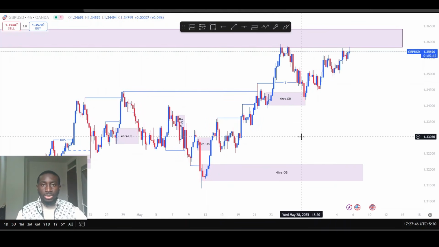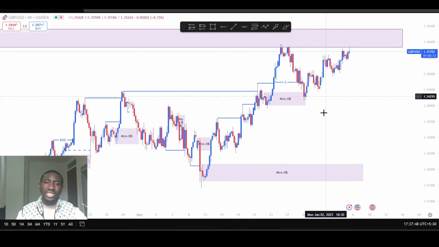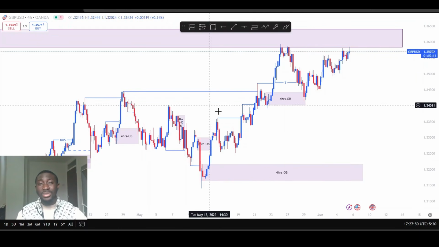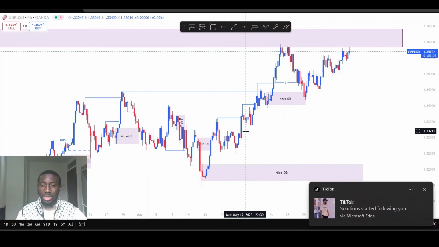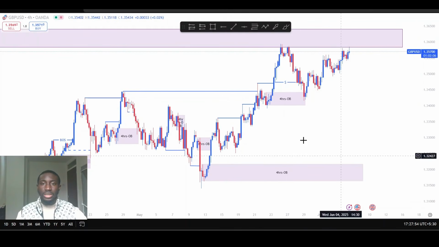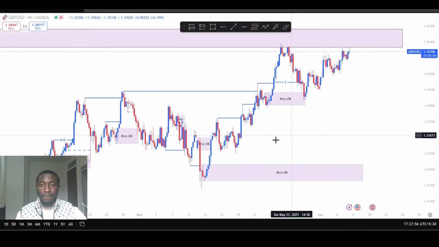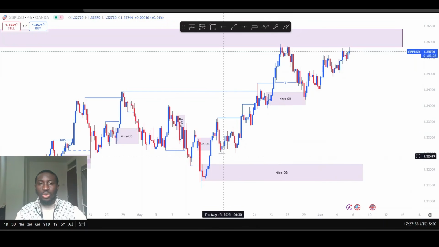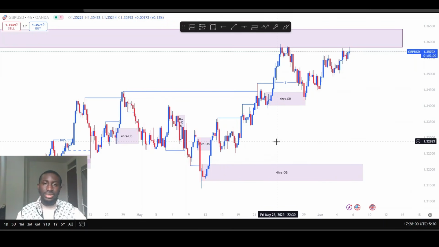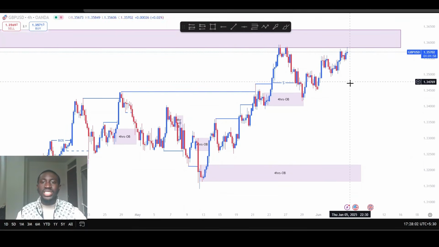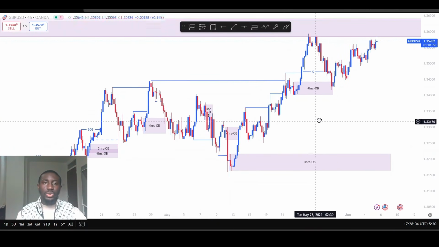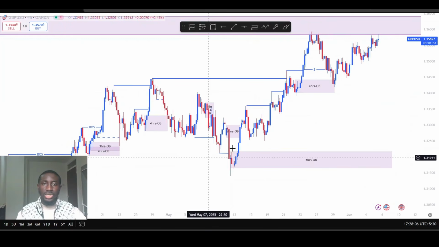But these are not the moves that we want to be seeing. Don't forget, this is the 4 hours time frame. Each candlestick that you're seeing here is for 4 hours. These are not the moves that we want to be seeing. These are liquidities. Now, if you look at the structure, normally we know that GBPUSD is an uptrend,